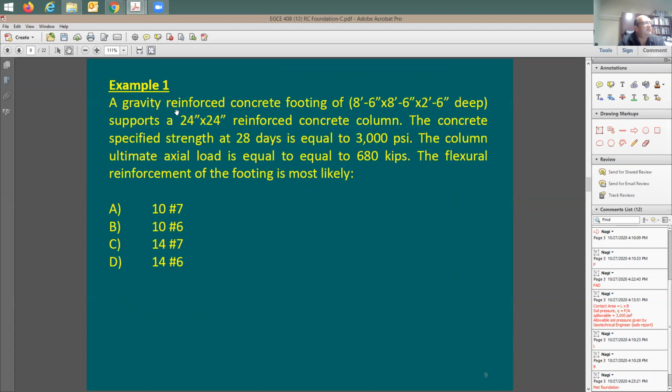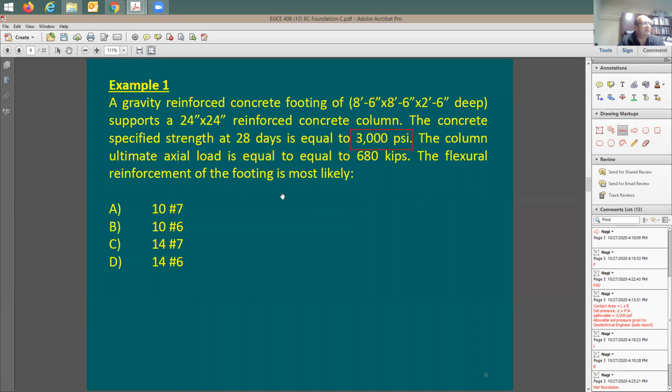In this example, it says a gravity reinforced concrete footing. It's going to be 8.6 by 8.6 by 2.6 inches deep. It supports a 24-inch by 24-inch rectangular reinforced column. So the column is going to be square, sitting on top of this footing. Concrete strength is going to be 3,000 psi, and the column ultimate axial load is equal to